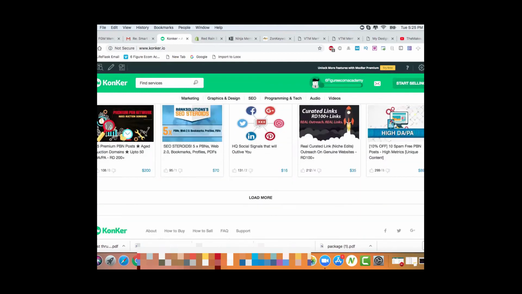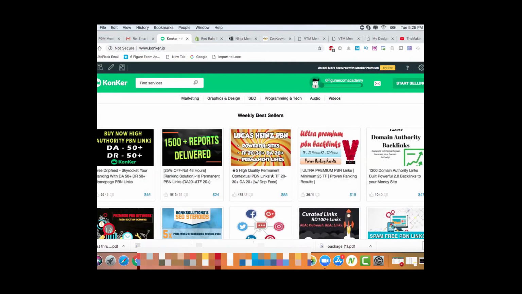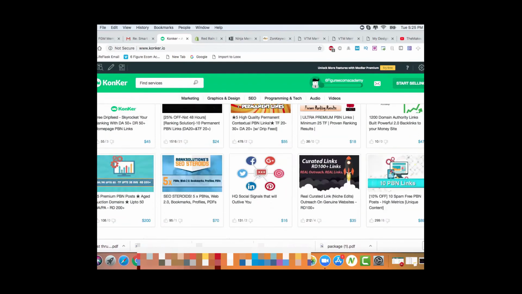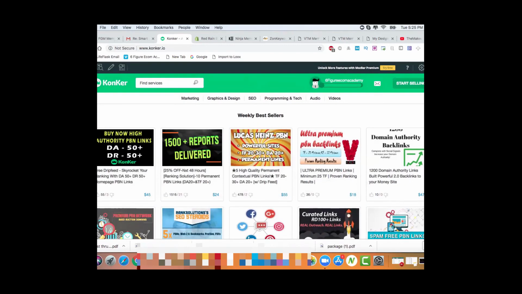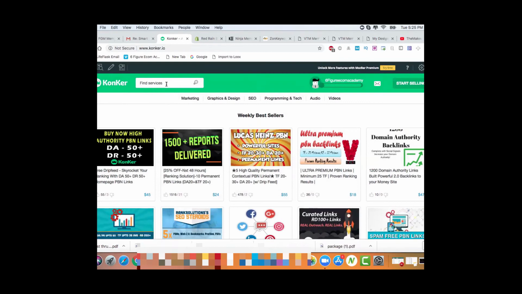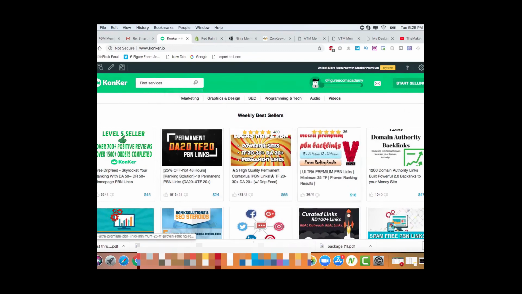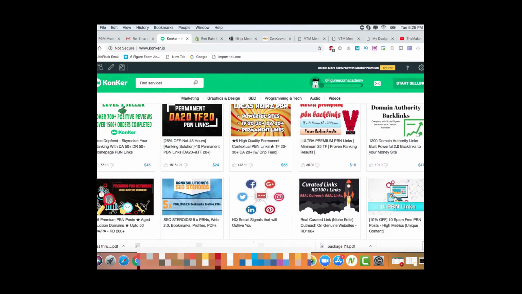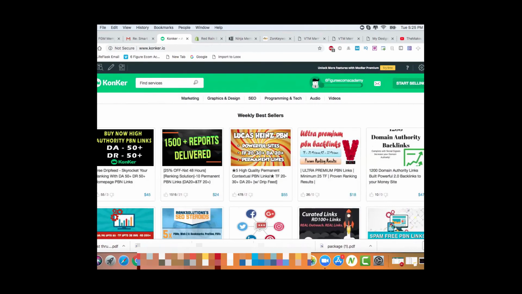Skyrocket your rankings. Okay, now remember I've done a lot of testing, and I have been bait and switched. I've paid lots of money, sometimes $500+ and haven't seen any results whatsoever. And that's due to the fact that we were getting ranked through the domains, not the pages. Okay, so very important. So we found a service that actually works really, really well. We don't make any money off of this, just so you know. It's just someone that we know that works really well, and we want to make sure that you get the best